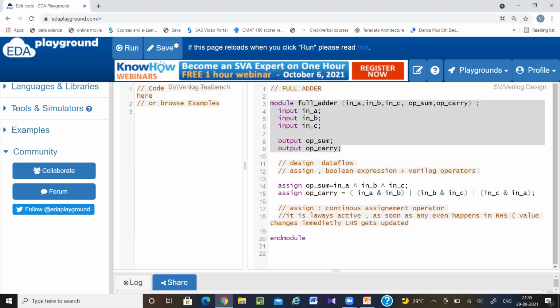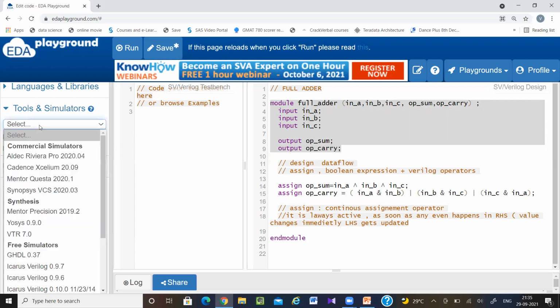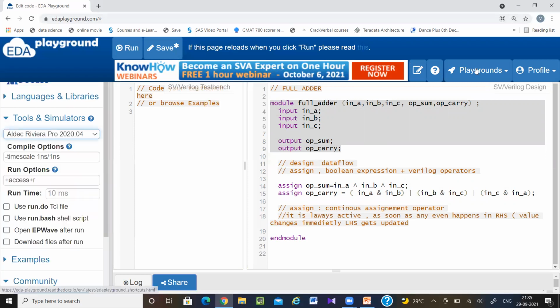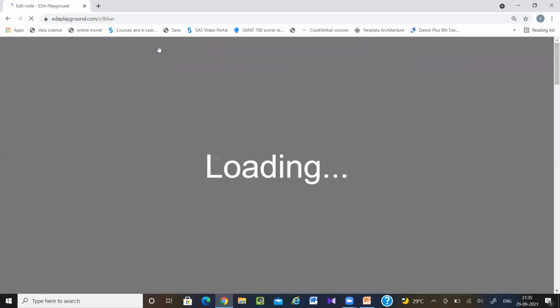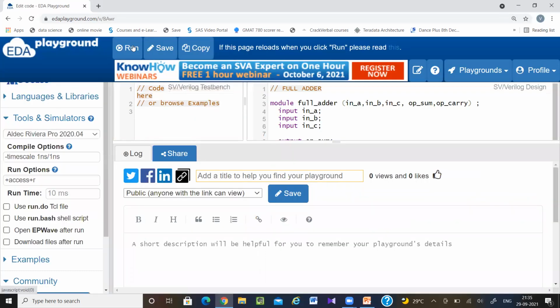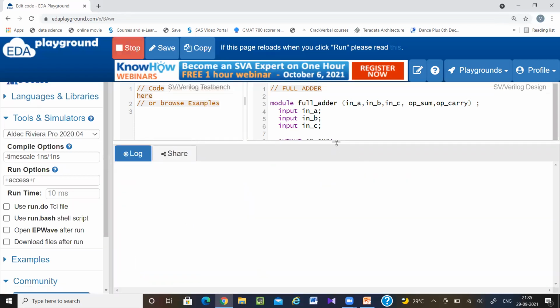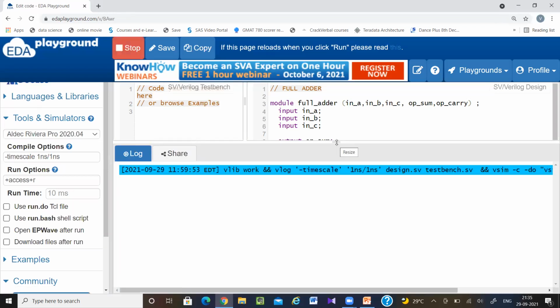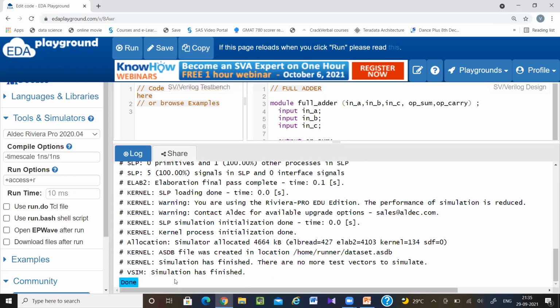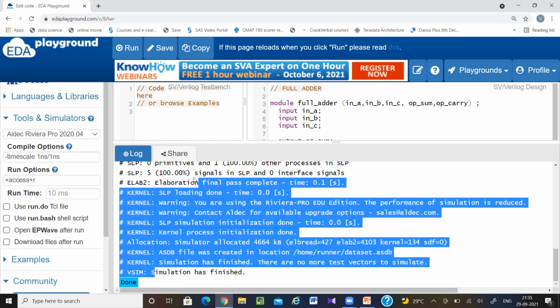Okay, so now let's compile these things. Here you can select this tool, then save it. Okay, so here there is no error.